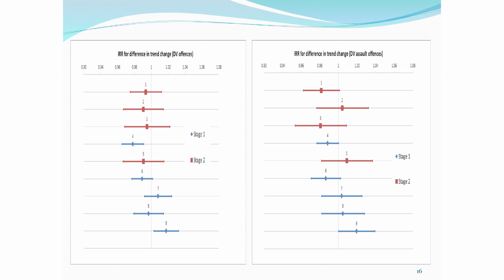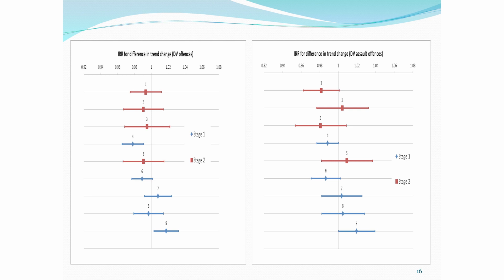So you can see looking down there, there's only 2 things that have significantly changed. LAC pair number 4, I can't remember the name of it. I know you're going to ask me, but I can't remember. Somebody will remember. LAC 4 is significantly down. LAC 9 is significantly up in relation to DV offences.